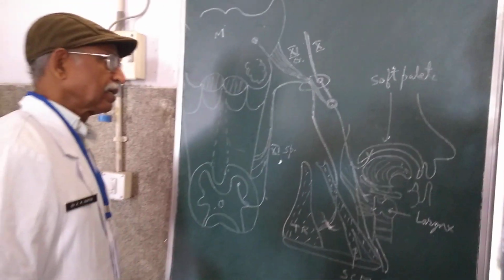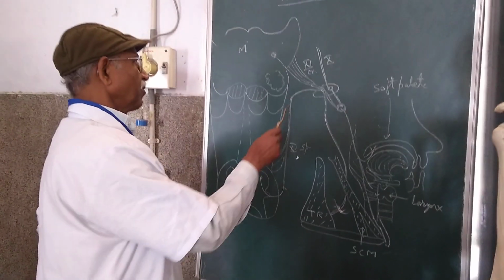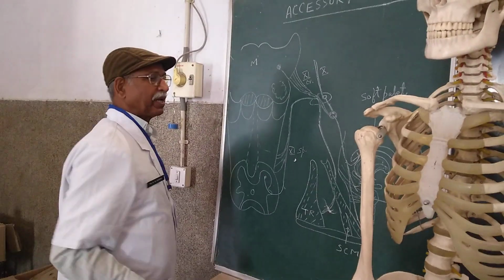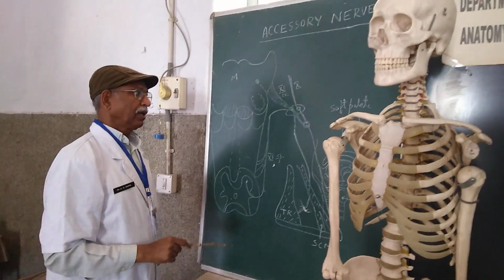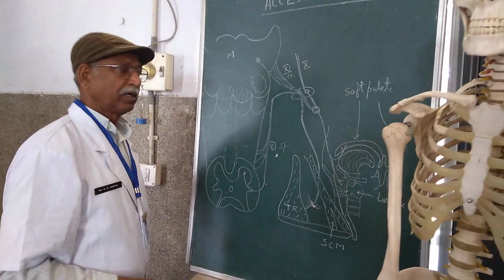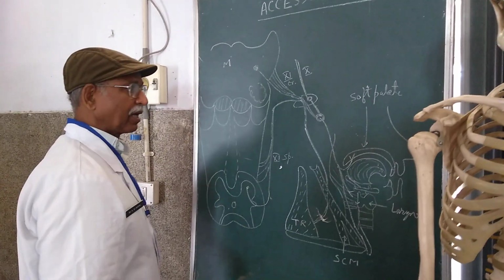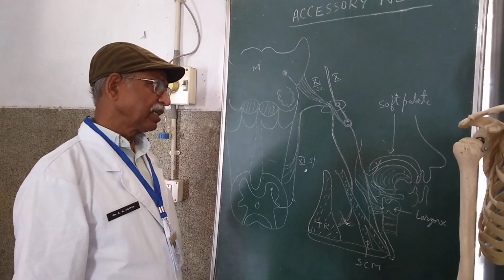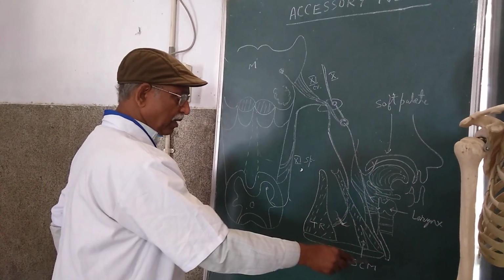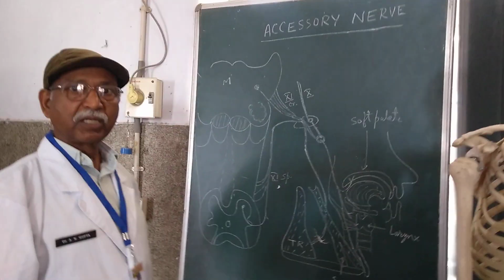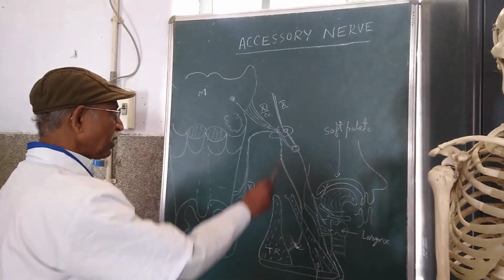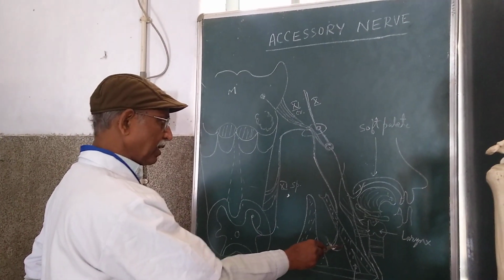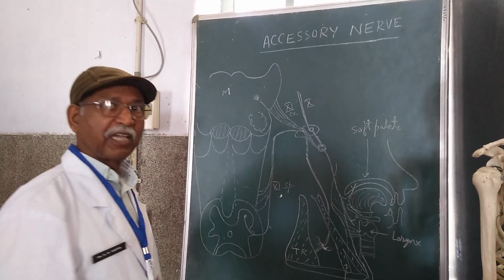The clinical aspects are: damage of the cranial part causes depression or flattening of the palatal arch, and there will be paralysis of the palatal muscles and pharyngeal muscles, leading to dysphagia, whereas involvement of the recurrent laryngeal nerve causes dysphonia. The muscles supplied by the spinal part, that is the sternocleidomastoid and trapezius, may be paralyzed.